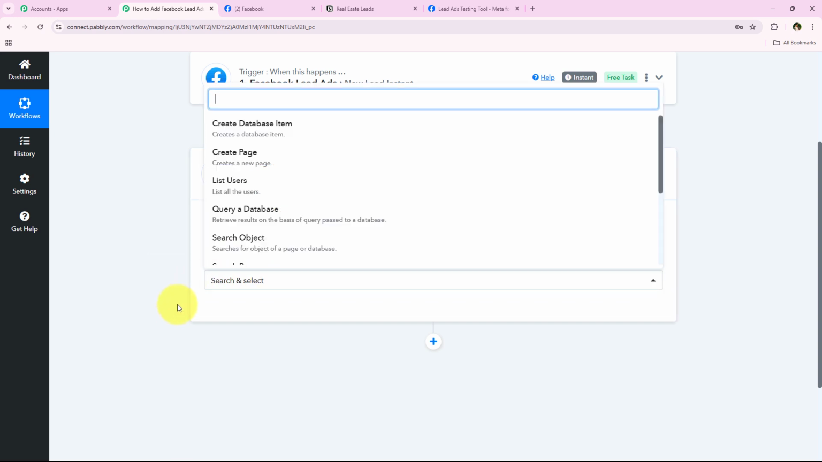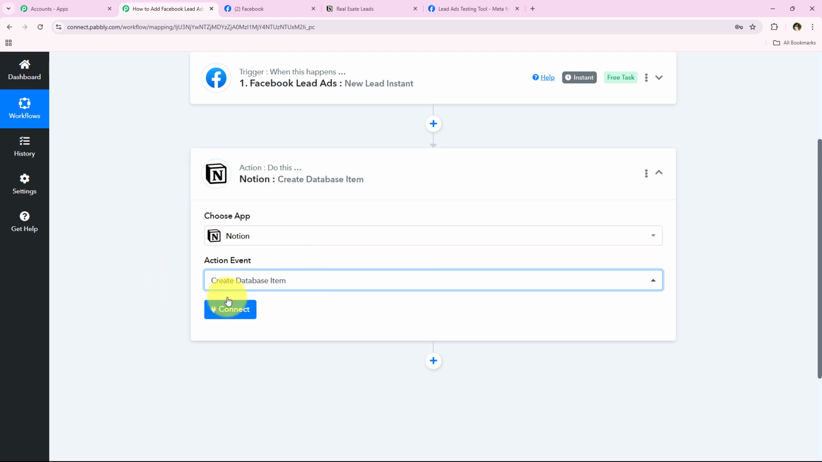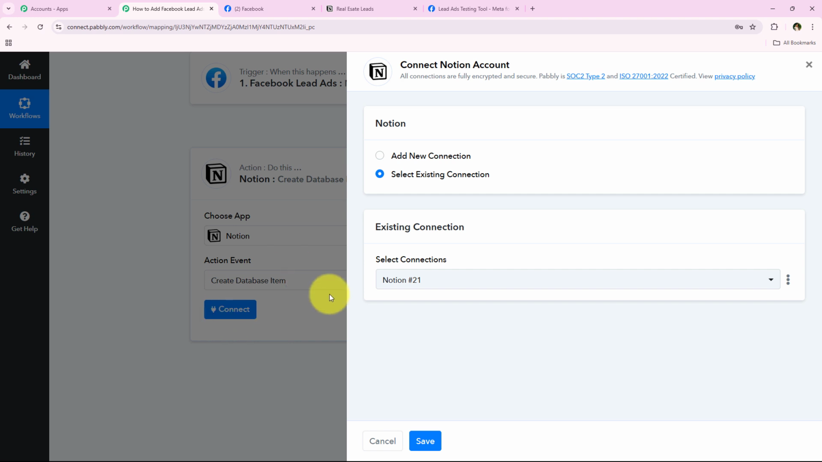And as I was going to select the action application as Notion, it is asking me for the action event. So basically I'm going to select my action event as create database item because this is the command I want to give to Notion, right? And then we're going to click on connect, and as I was going to click on connect, it is asking me to add a new connection and select existing connection once again. So if you have already connected your Notion account with your Pabbly's workflow, you can click on select existing connection and then save. But if you haven't, you have to follow me once again, click on add a new connection,